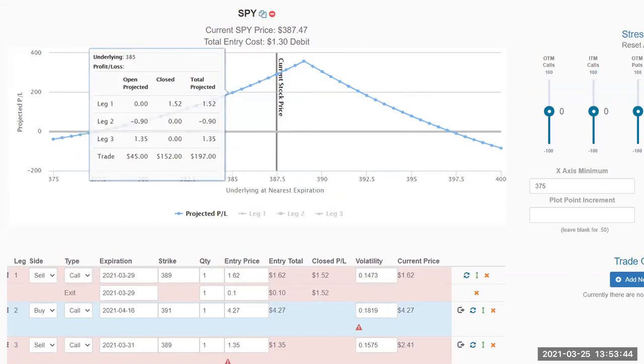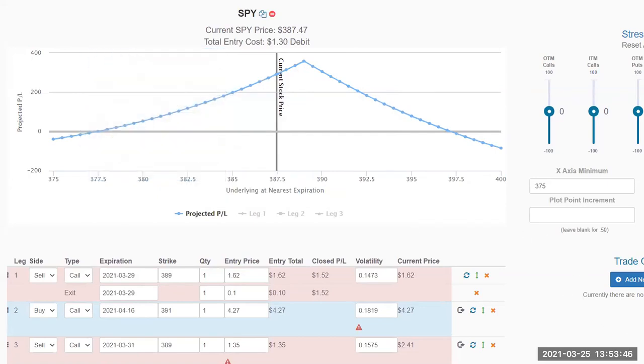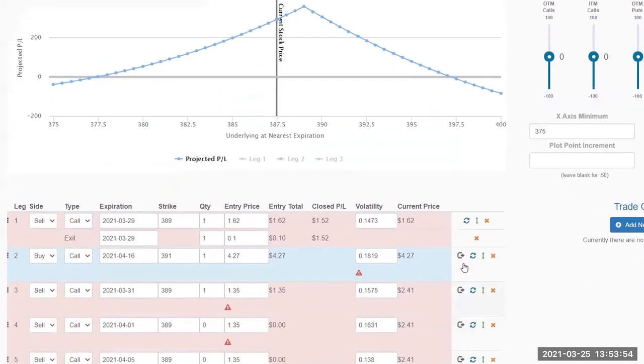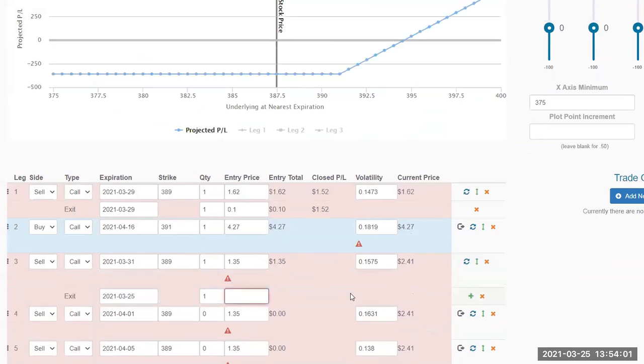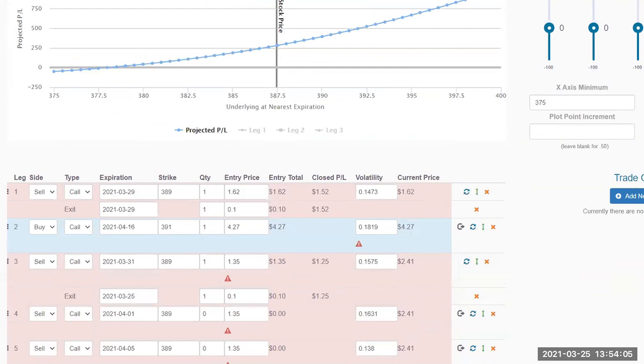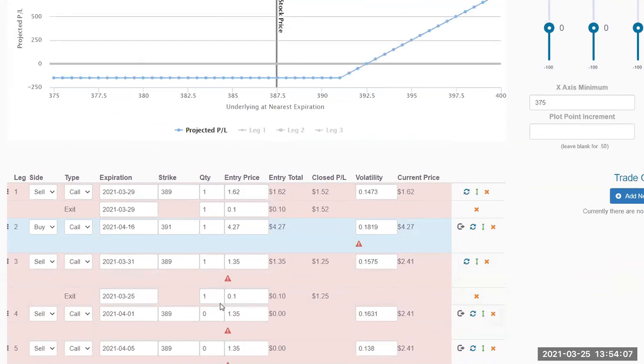And so that's why I would be willing to create a debit on this, is because I know I'm going to be replacing that short, and I'm going to be lowering that debit as I go. So if I do this one more time, now I've got a credit on this trade, or the way it would work out if I were able to do it one more time. Right, so we'll do that.